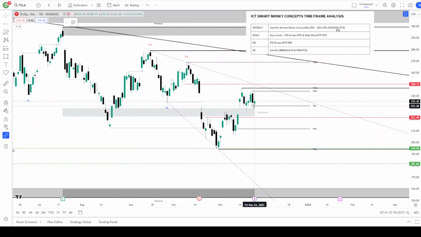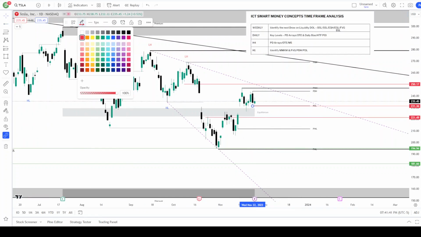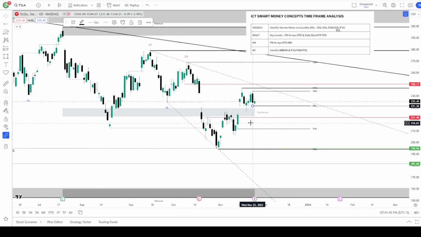So our indicator gives us the previous day low, but we want to have it here just to extend it across, because that's going to change within every day. And so we want to be able to drag that horizontal level out. But right now it's labeled as previous day low, and that's going to be Wednesday's low because this is based